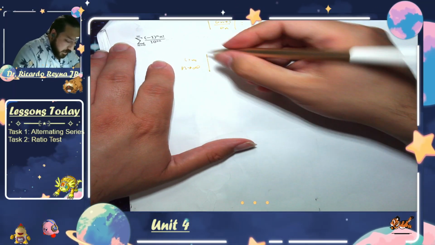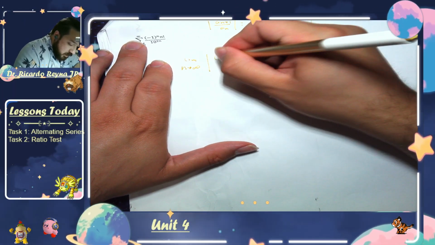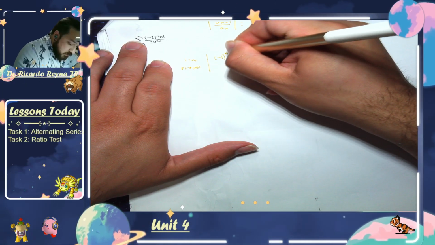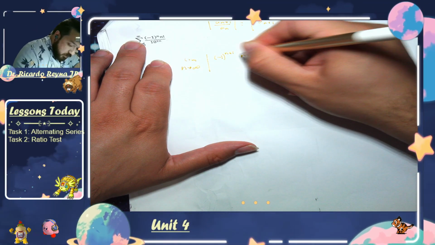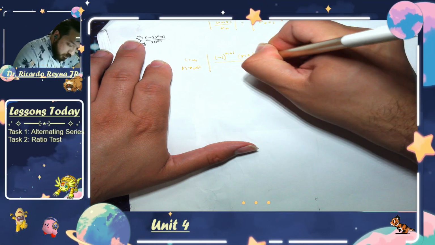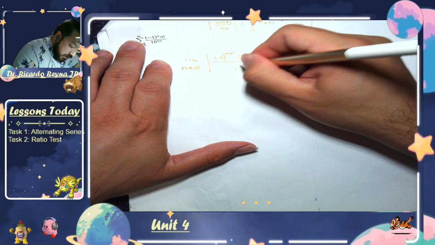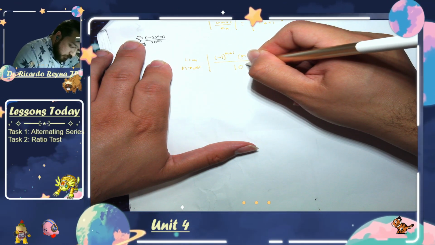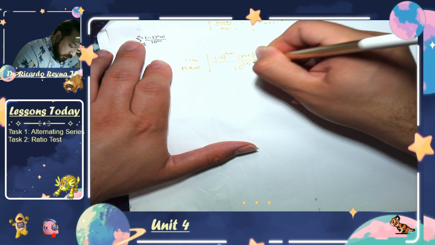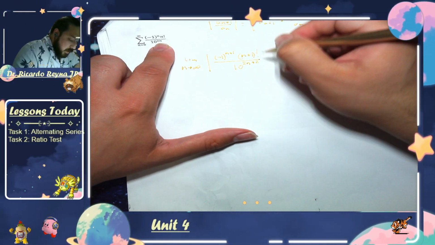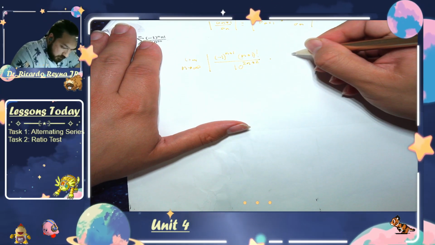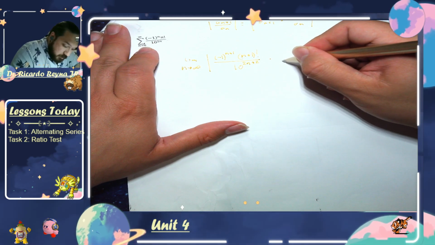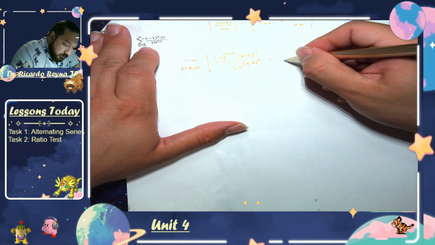So we have a_(n+1), which is (-1)^(n+1) times (n+1) factorial over 10 to the 2n plus 2, because that n's replaced with n plus 1,